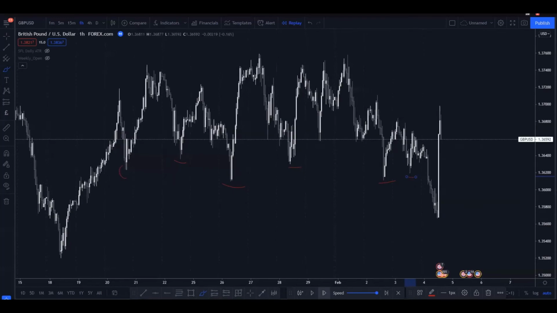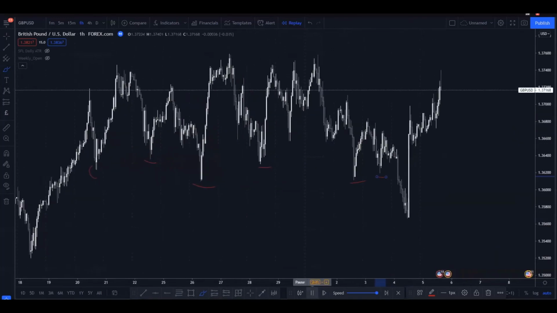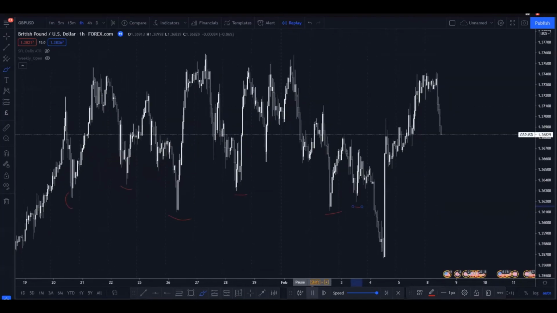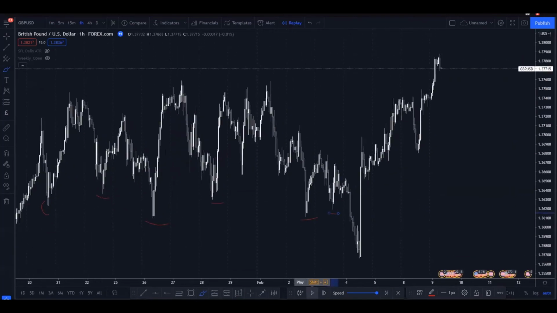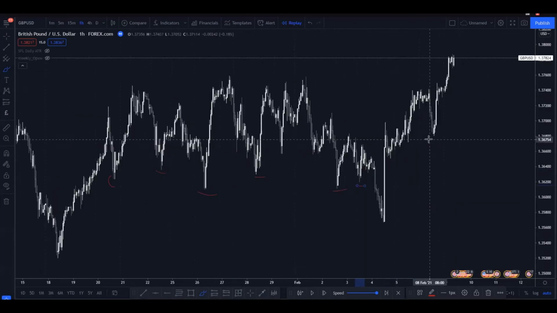And what we see after that is the market just carries on moving to the upside. And I believe it breaks the other side of the range, if I'm not wrong. Yeah, so you can see market came in, took out all these stops below, and then took out the highs of the range now, and from that point onwards just carries on moving to the upside.